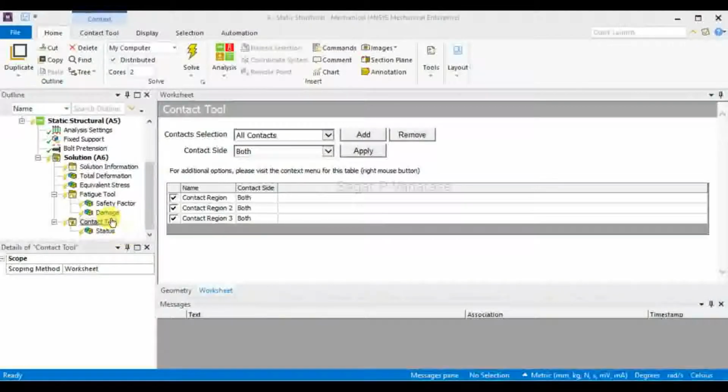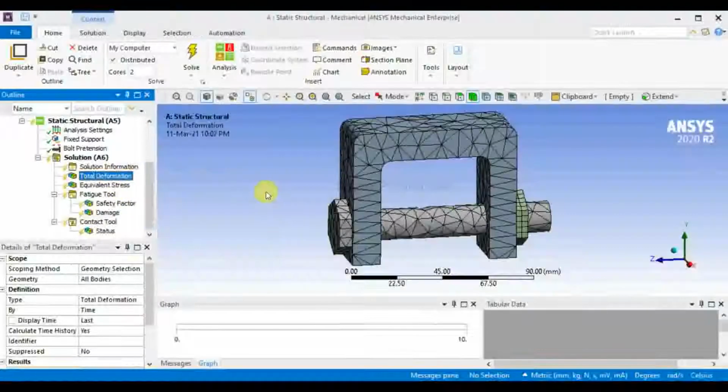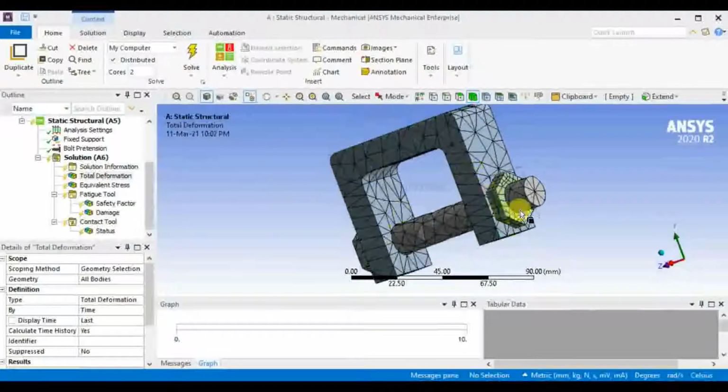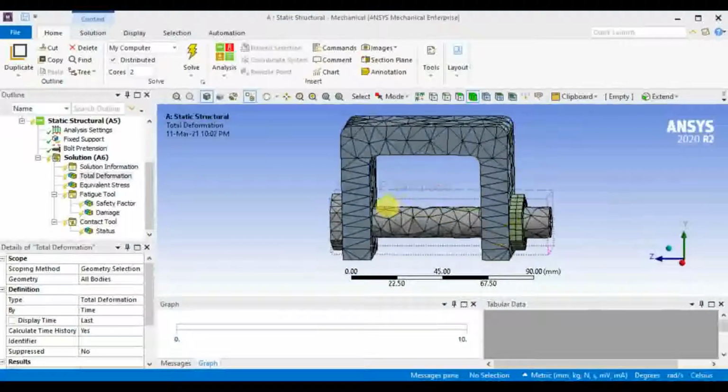I want to see the various results by using the contact tool. While contacting the bolt, the nut and the bracket, we can see various results. There are multiple results we can find using this assembly between the bolt, bracket and nut.